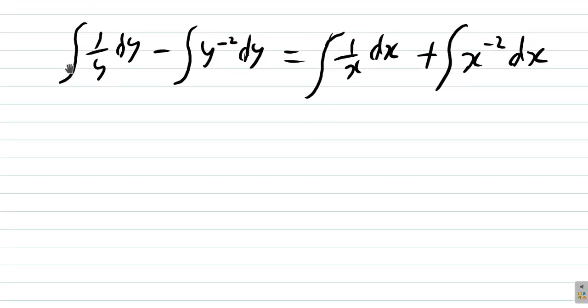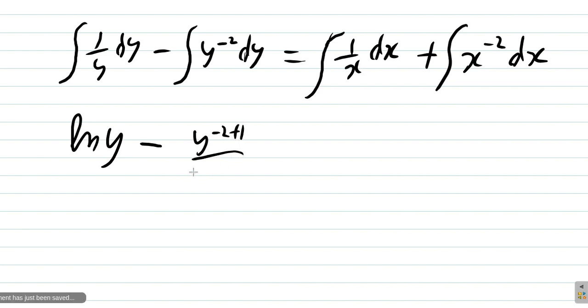So, what happens now? The integral of 1 over y dy is ln y minus the integral of y to the negative 2 dy. You'll remember the power rule: y to the negative 2 plus 1, add 1 to the whole power, negative 2 plus 1, divide by the new power that you get. Negative 2 plus 1 is negative 1. This is going to be over negative 1. And of course, this here is y to the negative 1, equals this is going to be ln x